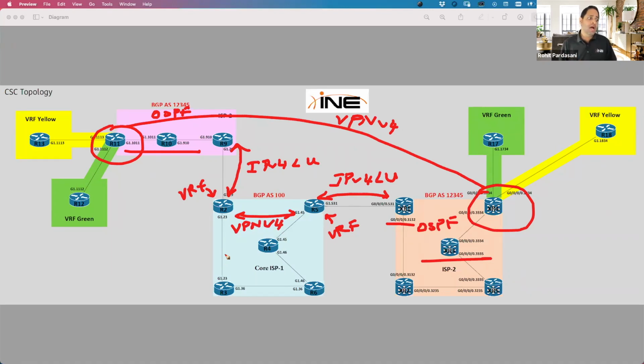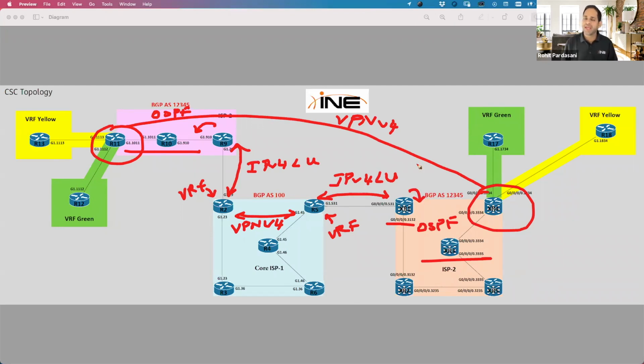That's how R9 would learn about XR4, because XR4 gives the route to XR1 through IGP. XR1 would advertise that route in BGP with labeled unicast, with the label, basically to R5. R5 would encapsulate that with a VPN label and send that to R2. R2 would remove the VPN label and send that to R9. And then R9 would redistribute that one specific route into IGP, which is OSPF, and XR1 would redistribute that in